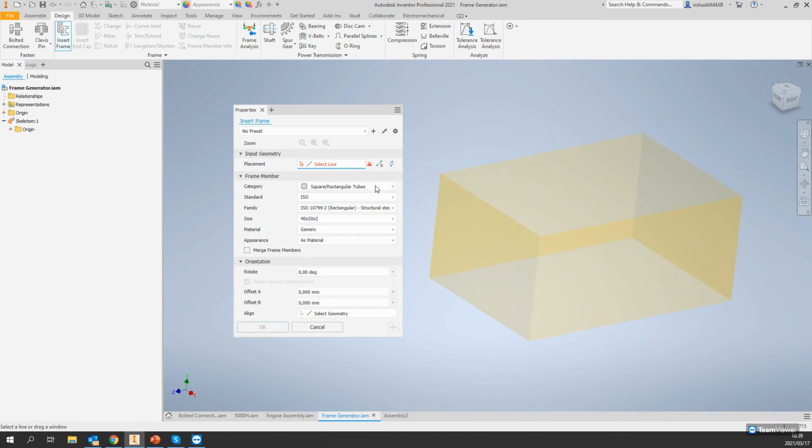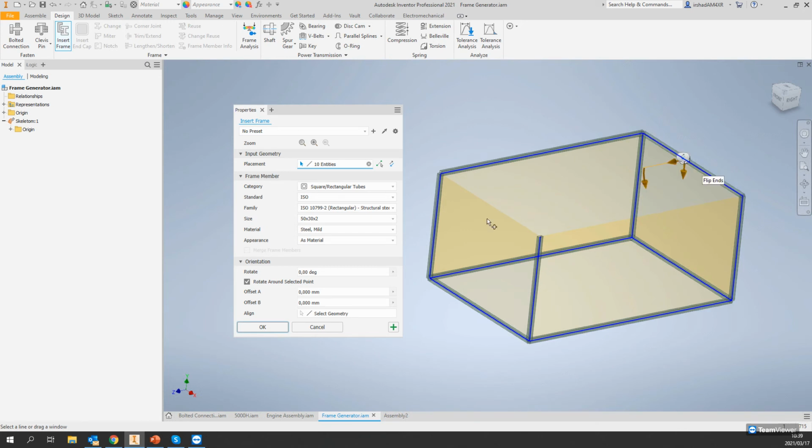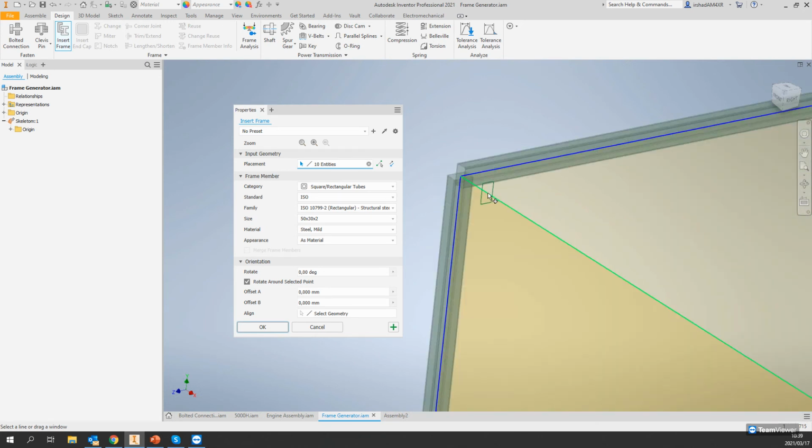So that's great. So I'm going to choose a standard beam top. I can choose I-beams or channels. I'm going to choose square rectangular tubing, and I'll make it say 50 by 30 by 2. Okay, so I'm going to choose there, there. So you can see how easily that wherever I'm clicking, it's just placing in the standard cross section that I've